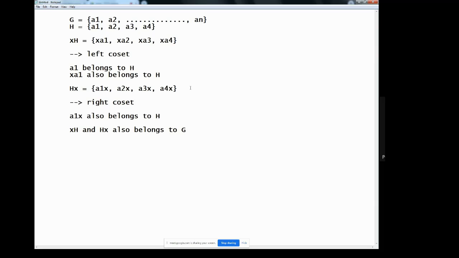Okay. There exist several methods to check whether two cosets, that is the left coset and right coset, give you the same elements or not. But we are not going into those methods. We are simply learning what a coset is, what a left coset is, what a right coset is, and if you perform some operations on the cosets, what resultant value you will get. Clear?